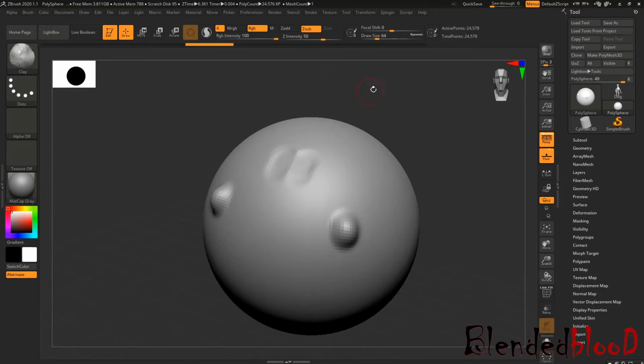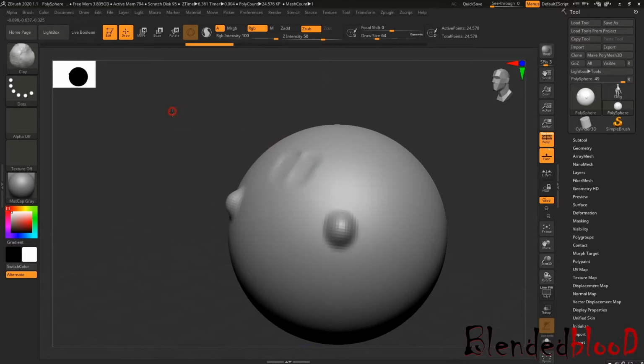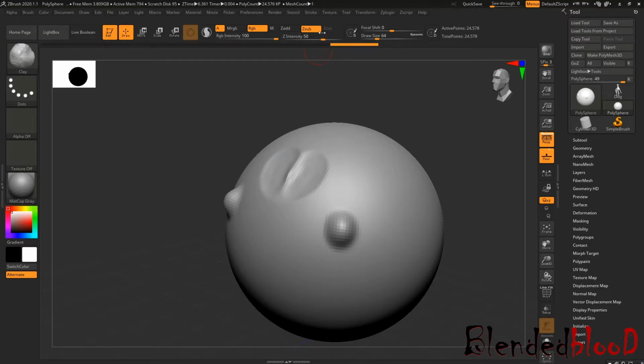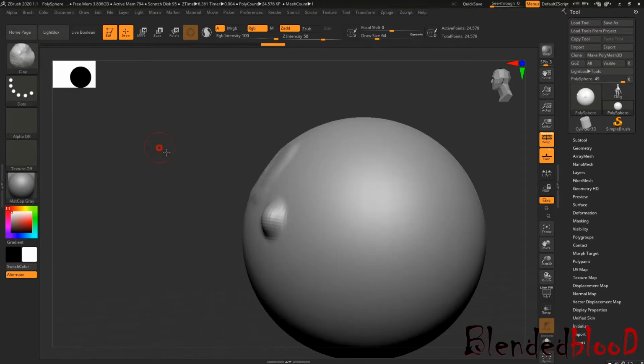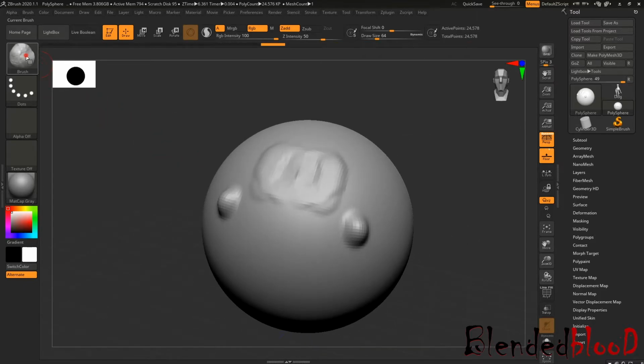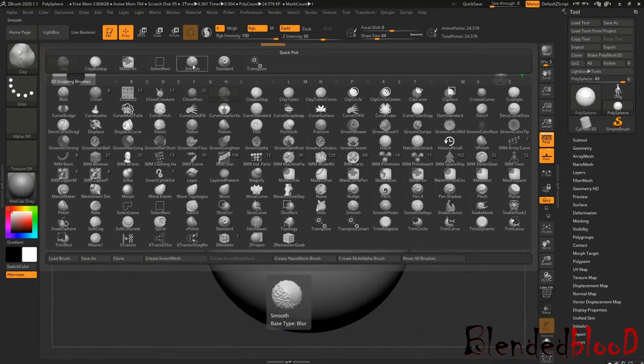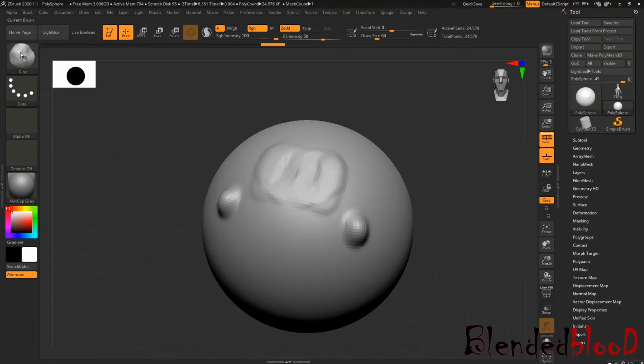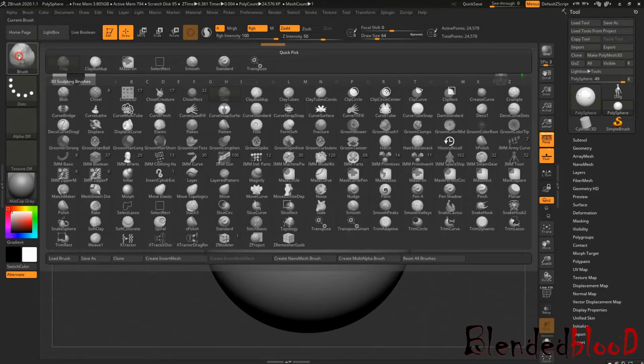So yeah, for the clay brush I'm adding clay, sorry, subtracting. Now Z Add, I'm adding the clay. Click again, smooth. For smooth you don't need to click on this. In ZBrush there are three brush palettes also.